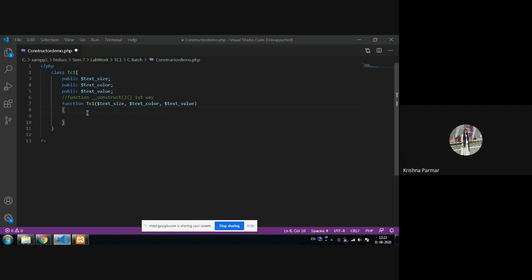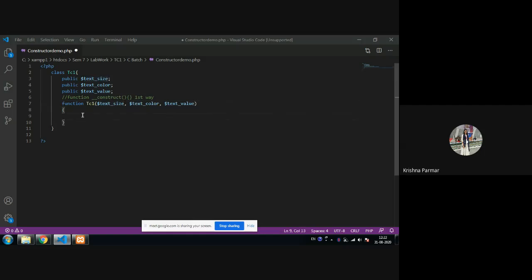Am I clear? Yes or no? Okay. So whenever I use this, it means I am referring to the class variable or class property. And when I write only text_size or text_color, that means the local variable.